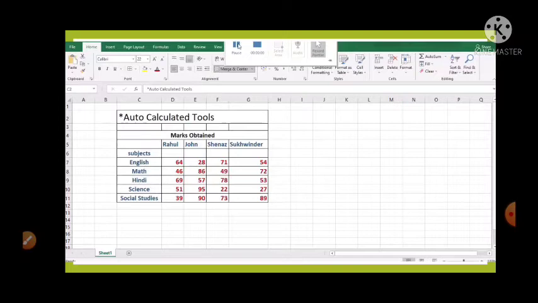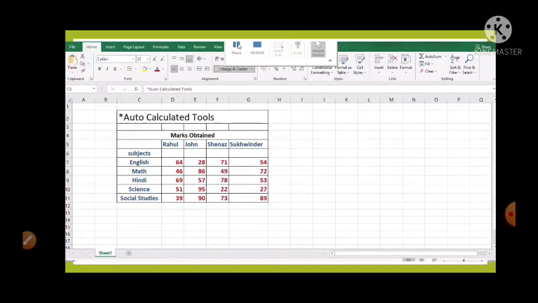Now we will be learning about auto calculate tools. Most of the time we have to manually add formulas or functions for performing calculations in Excel. Okay, so this can be time consuming and there are risks of making mistakes. To reduce the time and for making life easy, Excel provides us with auto calculate tools.